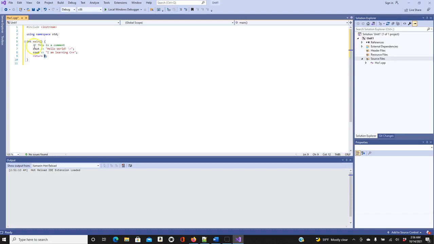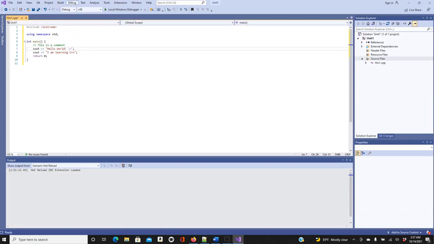This is a function. Main is the main function, and your code is always in brackets here. You should never forget. And then it always ends with a semicolon here. You see, this is just a comment. So this is a quick explanation of this code, and every C++ statement ends with a semicolon. Most of the major programming languages out there, C, Java, and C#, always end with semicolons here.